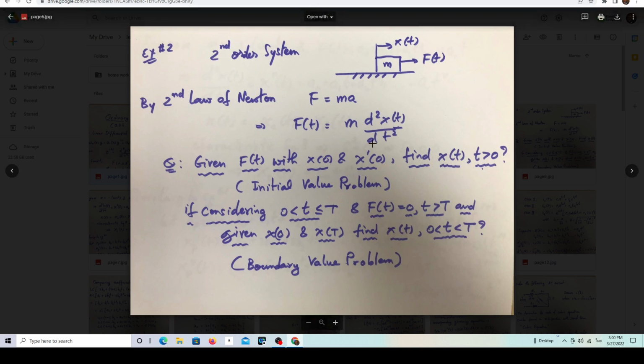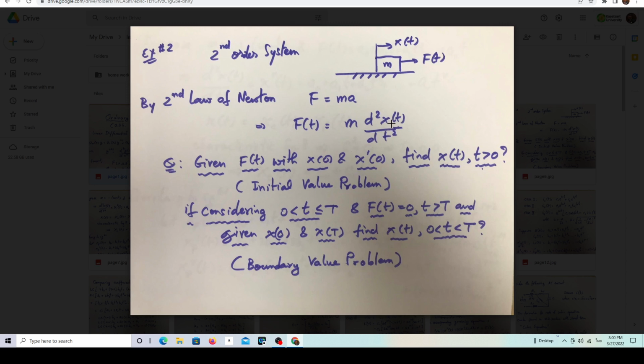But if you don't care how long it's going to be, you want to look at that eventually, if the system settles itself, it's going to reach some steady state solution, which means it's going to contain only x_p(t), the particular solution. In this case, it is from the previous example. The displacement function of the particular solution, because for the complementary solution, I already mentioned in the previous example, is that